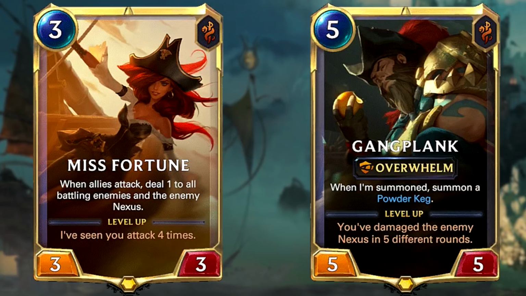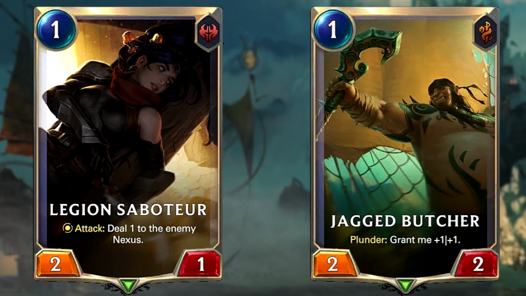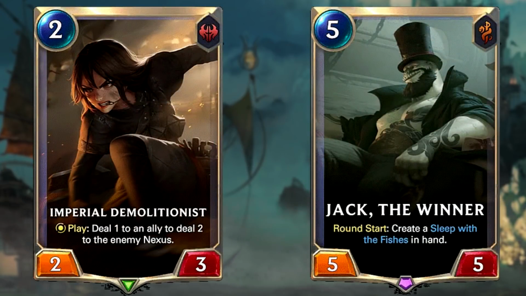Gangplank can then end the game against wide boards, therefore making aggro mirror matches quite easy with this deck. This deck wants to develop a board early on, and you can do this with a very quick start to the game with burn cards such as Lieben Saboteur and Jagged Butcher. Afterwards, it has a lot of ways to end the game with